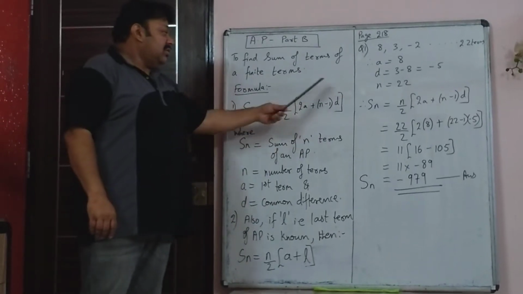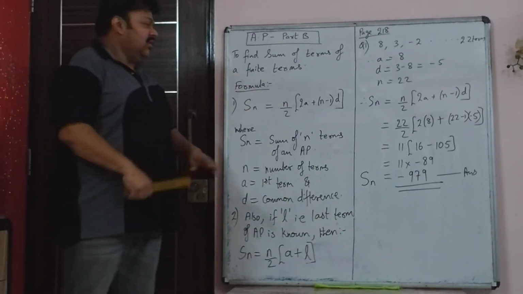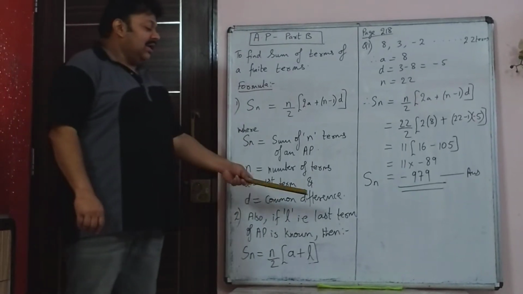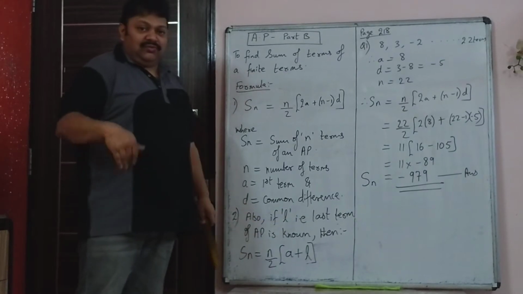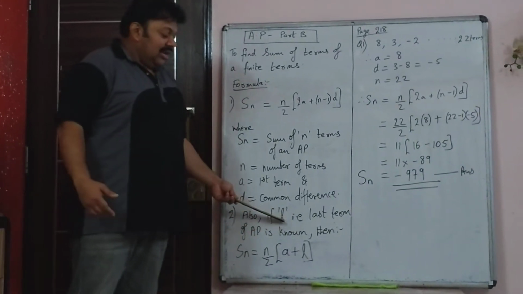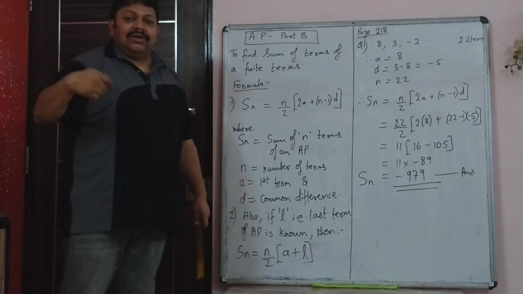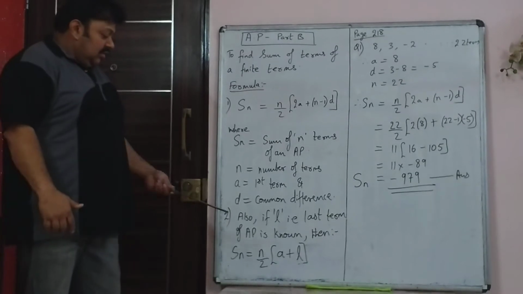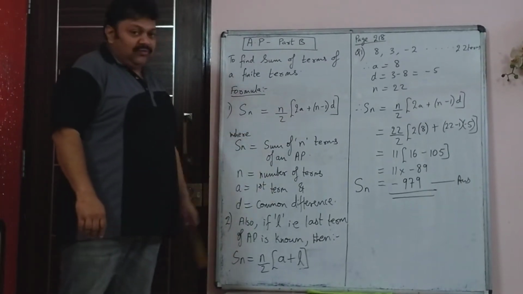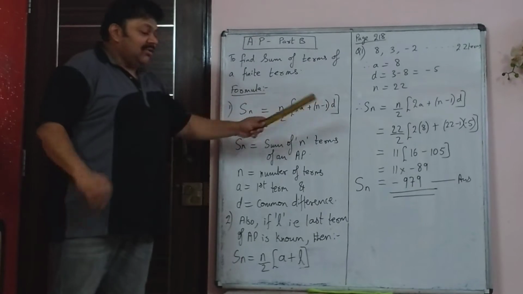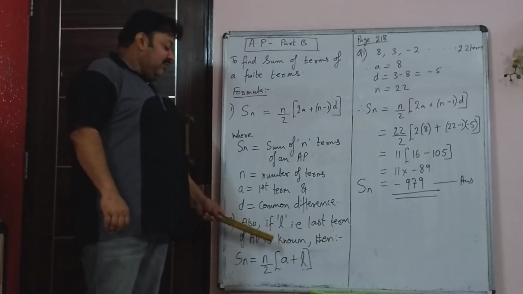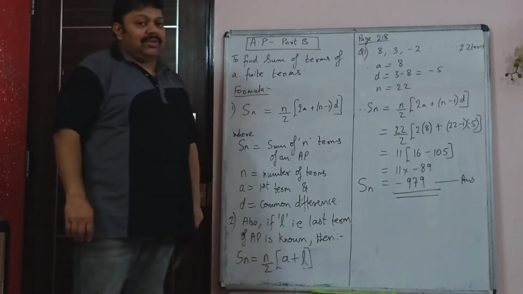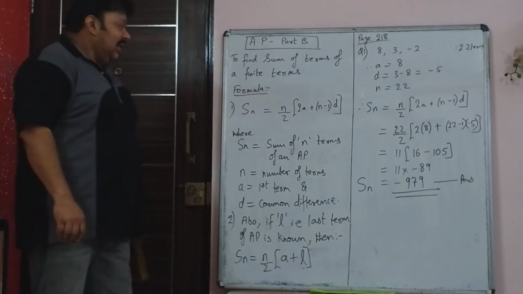Now this is the usual formula which is commonly used. If you know this formula, you can do any sum. But sometimes you know the last term and not the number of terms. Then, by substituting l = an and using the formula a + (n - 1)d, you can very well use this formula itself. This formula is to be remembered. But sometimes, if you know the first and the last term, you can directly use the formula Sn = n/2 (a + l) to find the sum of n terms.